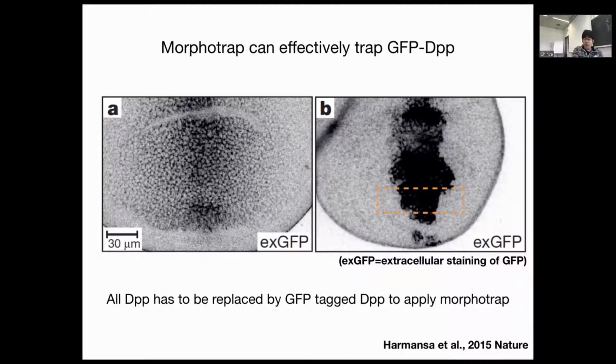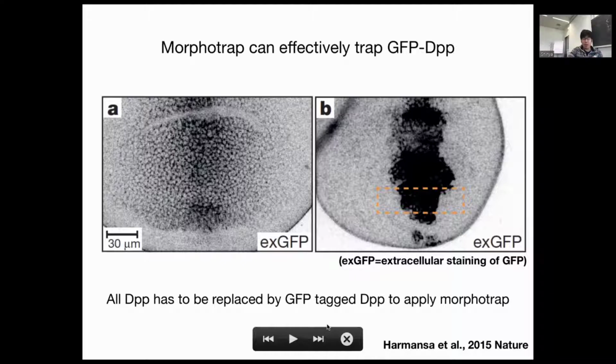So Stefan worked a lot on this genetics, to use a mutant and rescue the mutant by GFP-DPP. And then on top of it, you express morphotrap. So to produce this result in D here, he spent maybe a couple of years. So it's very difficult. And so when I joined the lab, we started to work on this,